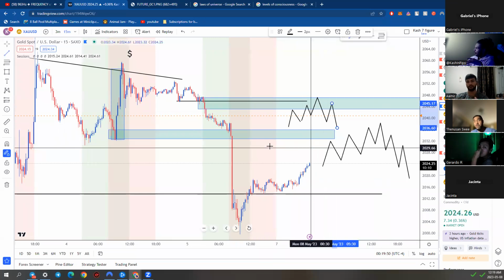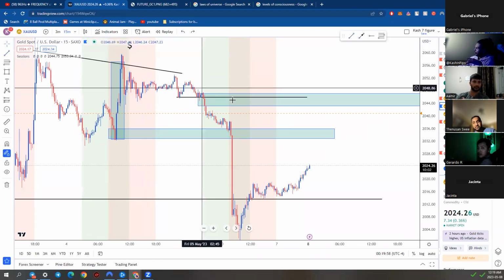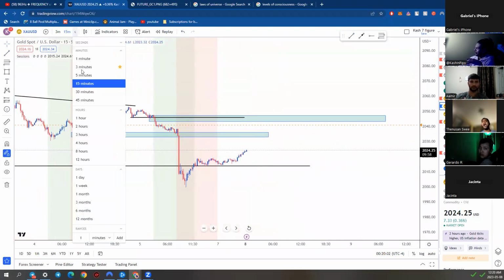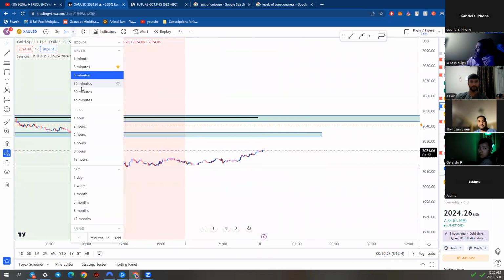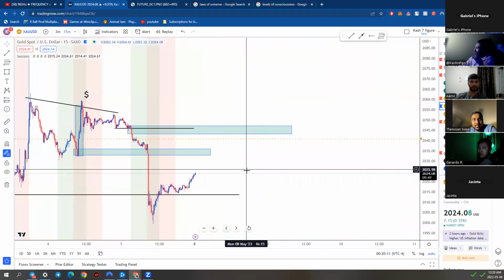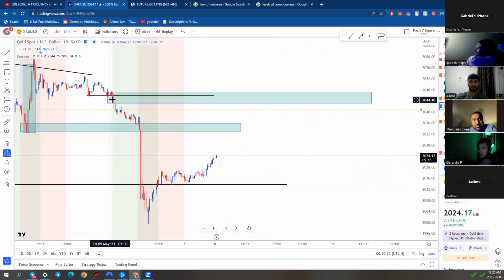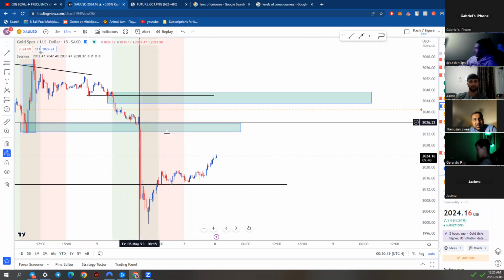Okay. So this is what I would be looking for in both of these areas, right? Or I would just be looking for smaller time frame distribution. So like 1 minute distro or like 3 minute distribution, 5 minute distribution. If you're not so good with distribution in terms of positioning yourself, especially on the smaller time frames, I would just play this area that we identified in terms of that upthrust, right? This is ideally where we should see that test,